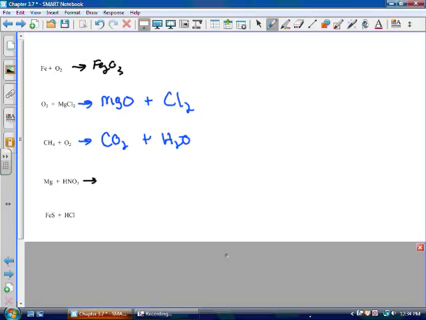In our next example, we have magnesium and nitric acid. Element, compound. Once again, element, compound is going to be a single displacement. Magnesium, since it's a metal, tends to form positive ions, so it's going to replace the cation of the compound. In this case, the cation of the compound is the hydrogen. So magnesium is going to go with the nitrate. Magnesium is +2, NO3 is -1, so they're going to form